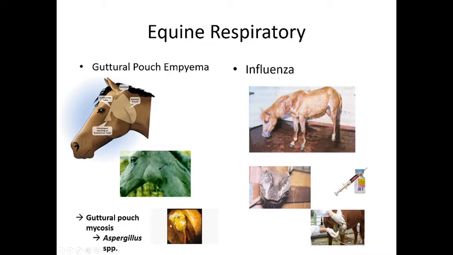One of the things we see is a mycosis, or fungal infection, and the causative agent is often an aspergillus fungus, so that's important to remember. They cause plaques of fungi to grow inside this pouch, and those fungal plaques eat away at the tissue. Unfortunately, because of where this is located anatomically, it is right by the carotid artery. So it will eat away through the lining of the guttural pouch and right into the carotid artery, and if you break open the carotid artery, the animal will bleed to death